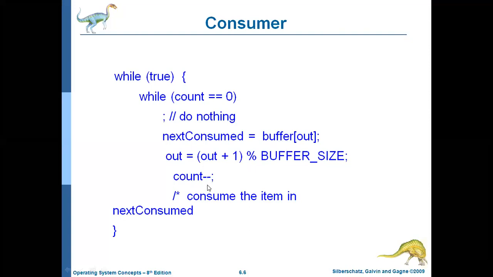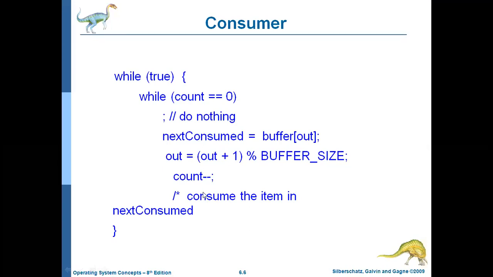After that, every time you perform one iteration, the count value is decremented by 1. Initially the count value is 5, so at the end of each iteration it is 5 minus 1, again 4 minus 1, 3 minus 1, 2 minus 1, 1 minus 1. Every time you decrement the count value by 1, so that one item is removed from the buffer. Buffer of 0 through buffer of 4, all those are consumed, right?